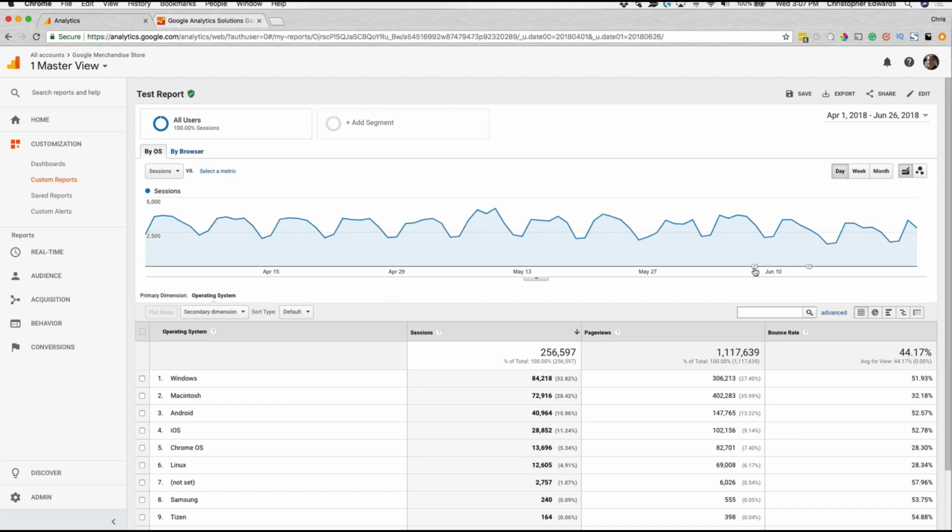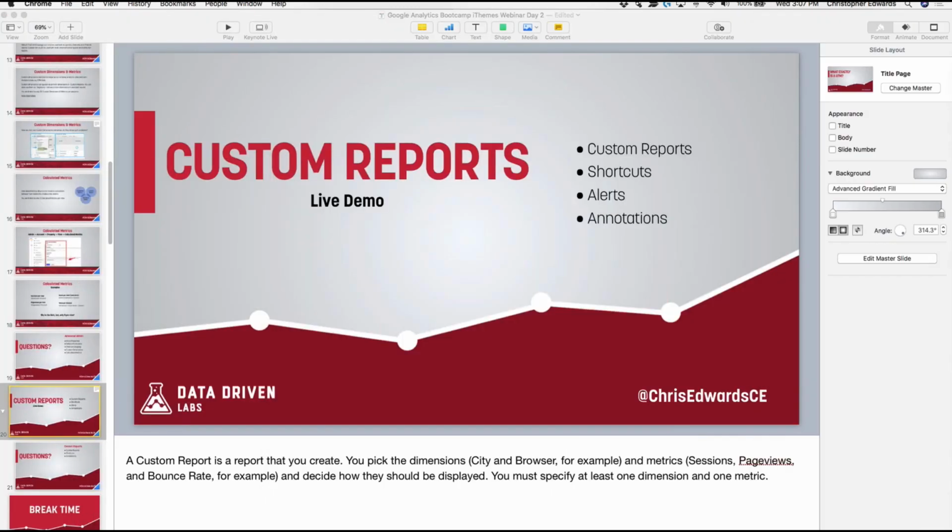We used to do it for any email newsletter we sent. We'd put annotations in so we can see if there was a spike, and then we can actually relate it back down to the data and see what was happening with all of those spikes. So I definitely wanted to show you that. I think that's a really cool feature of custom reports, and I wanted to make sure that people were